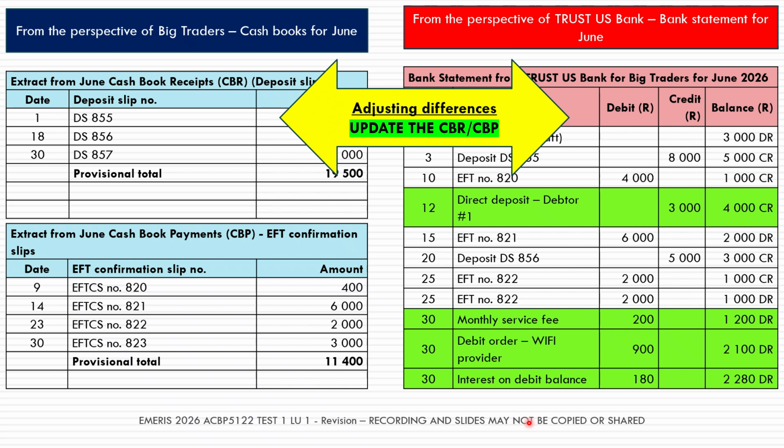These 4 differences we refer to as adjusting differences, and the action they require is that I need to add them into these 2 cash books, because these 4 entries have not yet been recorded in the cash book.